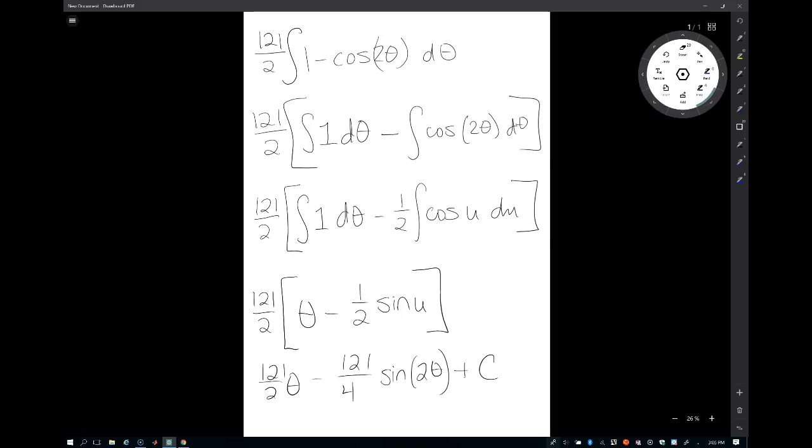And we've got 2 special cases in this one that make it a little bit more difficult. We've got a theta with no trig function attached, and then we have a sine 2 theta, and our triangle is not set up to tell us the trig values for an angle of 2 theta. It's set up to tell us trig values for an angle of theta. So we need to convert 121 halves theta minus 121 fourths sine 2 theta